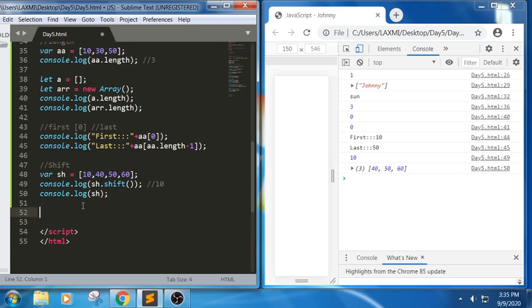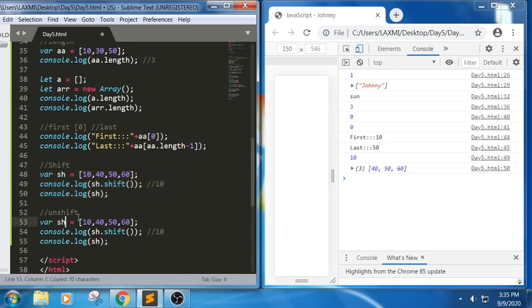Next one, we will learn about unshift. What is the use of unshift? For example, I am using the same snippet. Same snippet here. I am writing unshift here. If I perform unshift here, what would be the output of the snippet? Whenever you perform the unshift operation, it will add an item to the beginning of an array.